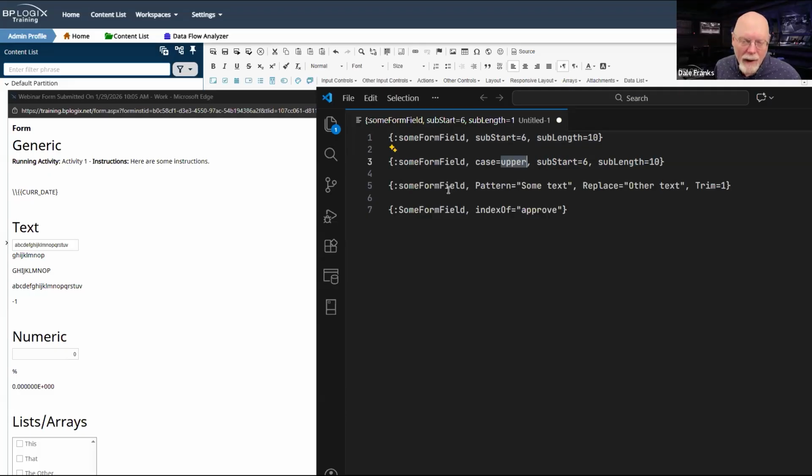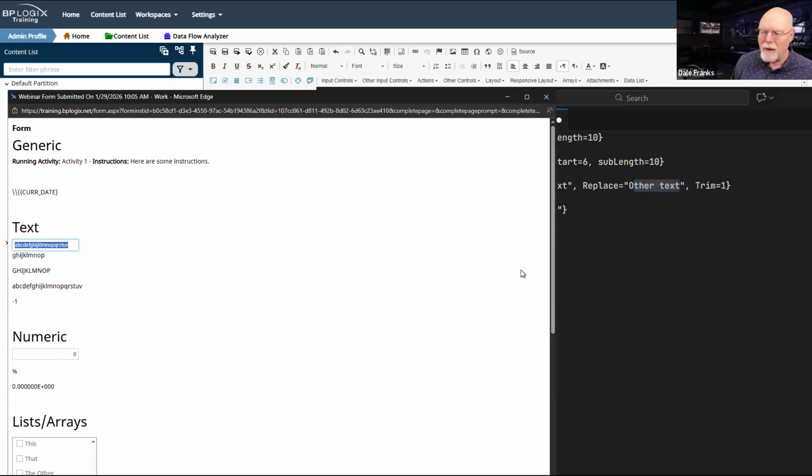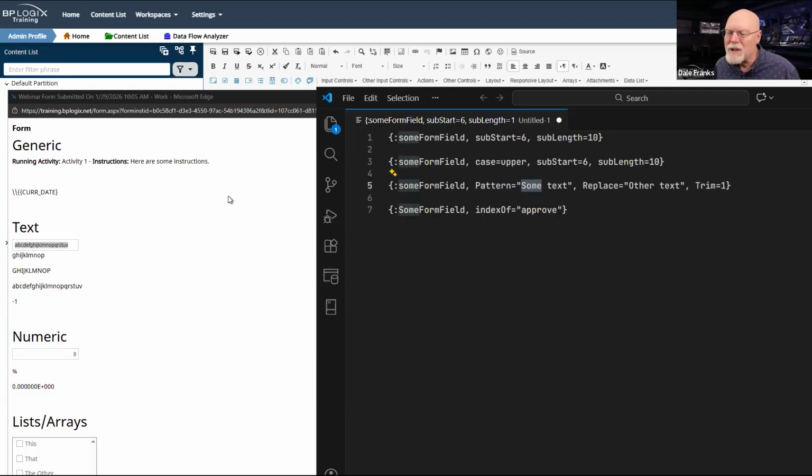Now I'm going to need to change my text because we're going to do something a little bit different. We have the ability to find a pattern or a set of some sort of substring of text inside my string and actually replace that substring with something else. So let's change our text here from the alphabet, and let's just put in some extra text, and it'll have to have some text as part of the text in here.